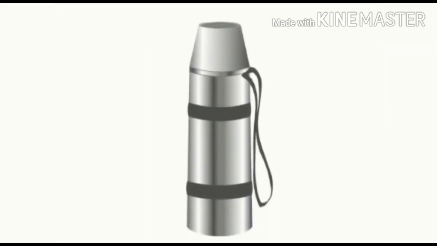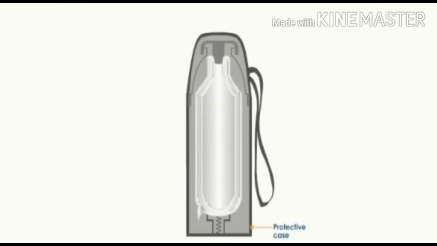The external view of a thermos is shown here. To view the section showing the internal structure, a thermos has a double-walled glass container, the inside of which is silver. The main purpose of this silver is to reflect back the heat radiations. The space between the two walls is highly evacuated to prevent the loss of heat due to convection currents.